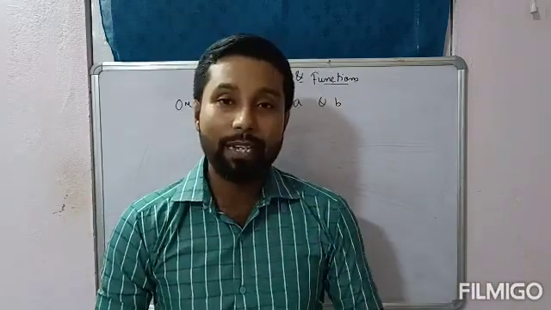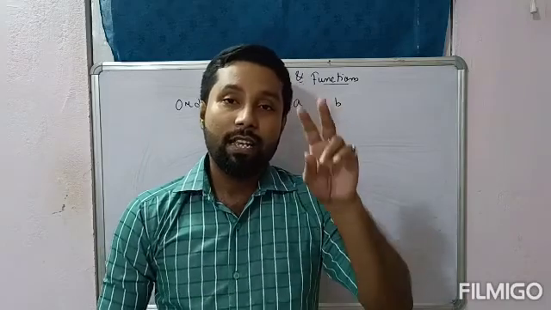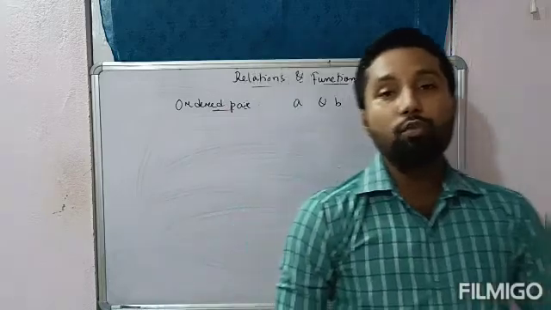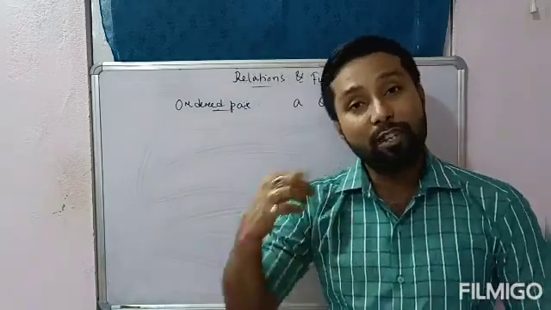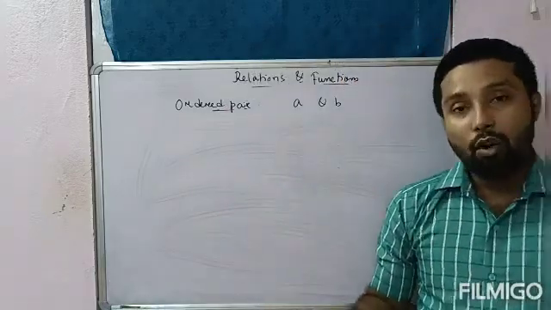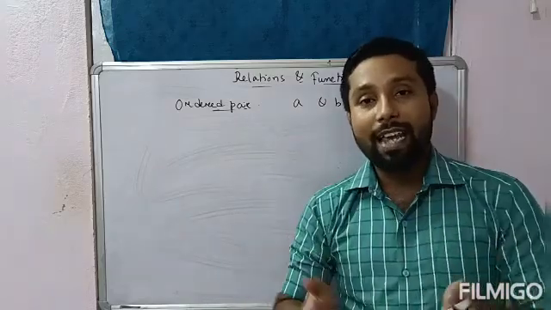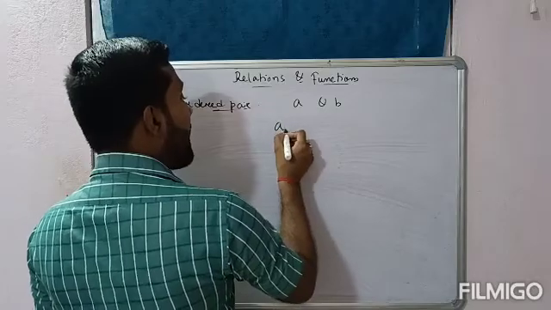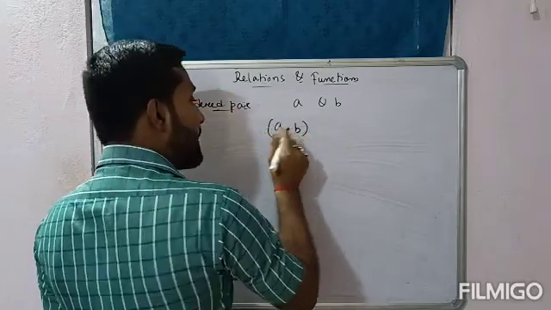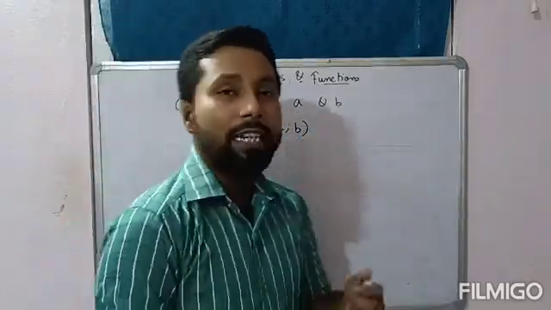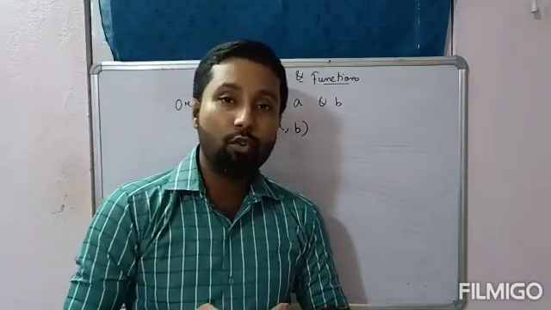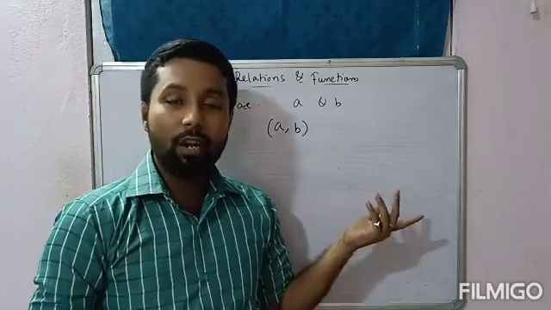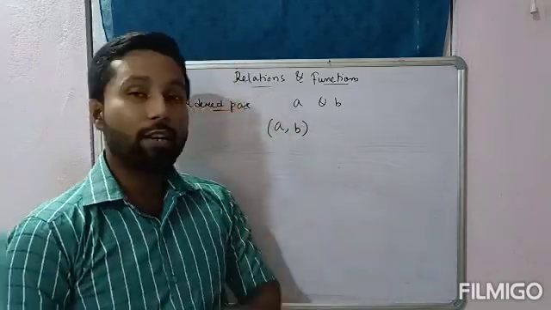So once again I am repeating the meaning of ordered pair. Suppose there are two numbers a and b. So these two numbers are listed in a specific order and enclosed within a bracket to form an ordered pair. So it is generally denoted by (a, b). ये ब्रैकेट के अंदर जैसे हम लोग कोऑर्डिनेट ज्योमेट्री में जैसे कोऑर्डिनेट x कोऑर्डिनेट y कोऑर्डिनेट रिप्रेजेंट करते हैं, so it is also like same only. Ordered pair means x coordinate, y coordinate only.